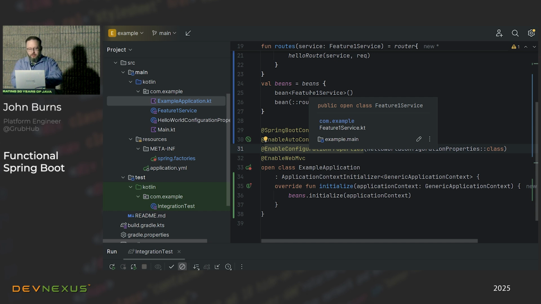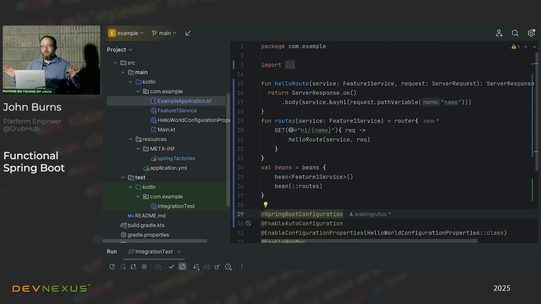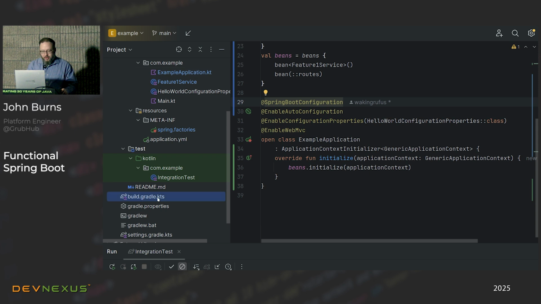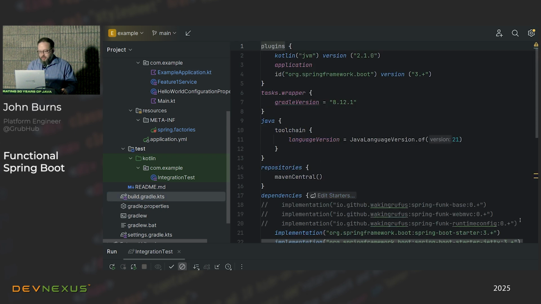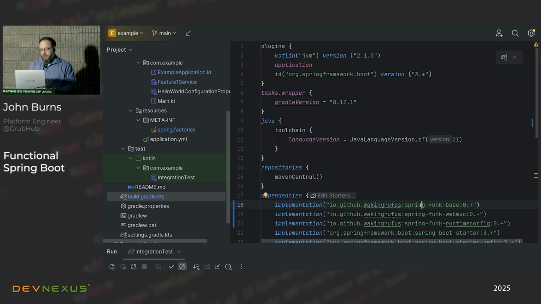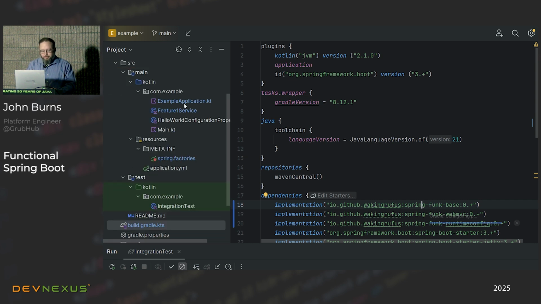But the one thing I want to get to first is getting rid of all of these annotations, right? So what we have right here is pure Spring Boot. I haven't used any third-party libraries here. You can do this today in your application, and this all works. But the next thing I want to show is, all right, well, what more can we do? So I'm going to pull in my Spring Funk library. It's on Maven Central. I'll let Gradle refresh. Hopefully I don't regret that.